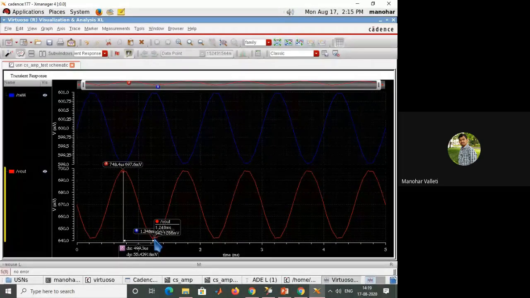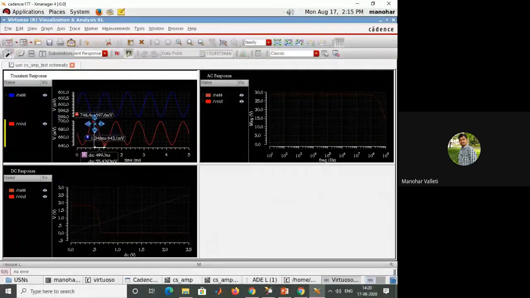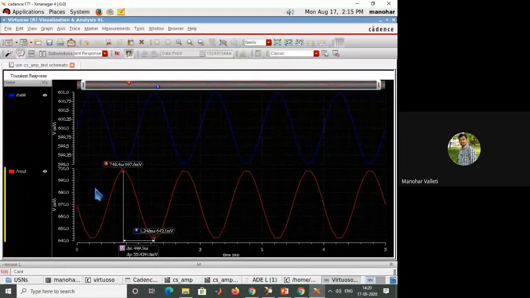It means, what is the gain offered by your amplifier? Almost 28 you are getting as the gain, right? We actually designed the amplifier to give a gain of 30. So practically it is showing 28 as the gain of your amplifier. One more thing, you can see here the input is starting here. If you see the difference between the input and output, you can clearly observe there is a 180 degrees phase shift between the input and output. So this circuit is proper.